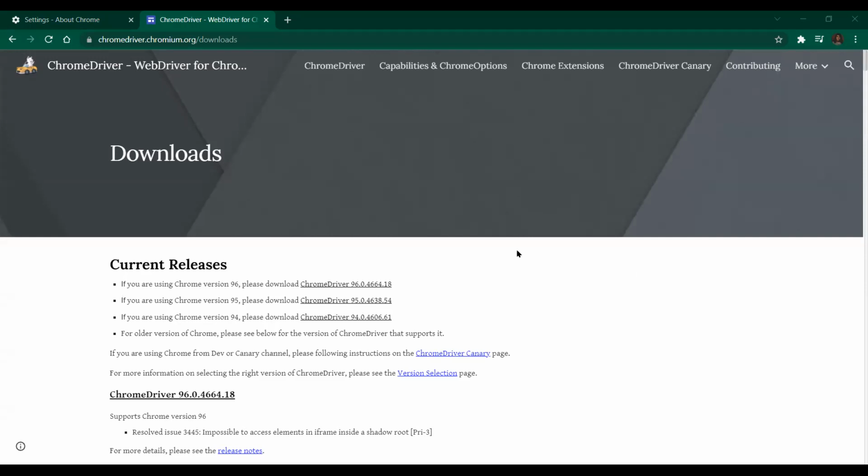Here's the link. On this site you have to explicitly install the Chrome driver.